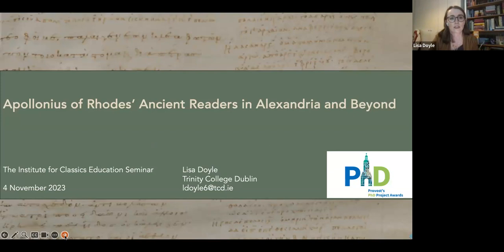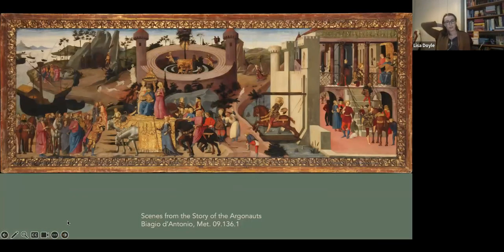So let's get started. So first, an introduction to Apollonius of Rhodes. His epic poem is the Argonautica. So this is a Hellenistic epic. Apollonius was working in the Museon, or the Library at Alexandria. He was the chief librarian there. His epic poem is, of course, very much influenced by the Homeric epics, the Iliad and the Odyssey. Apollonius's poem is informed by the scholarship he was undertaking at the Museon in Alexandria, and it would go on then to be influential over later epics such as Virgil's Aeneid.